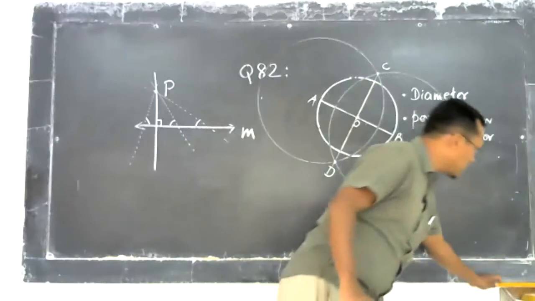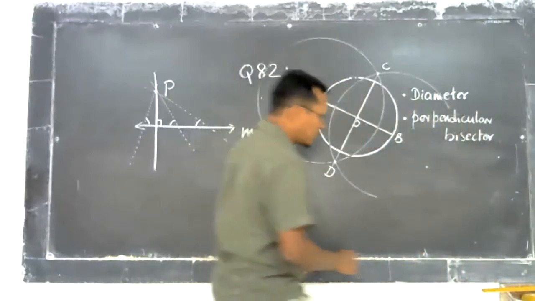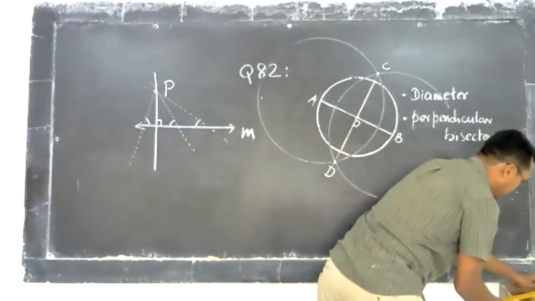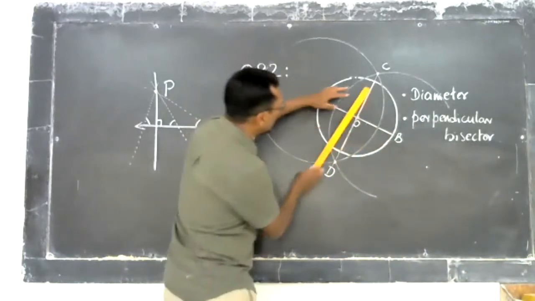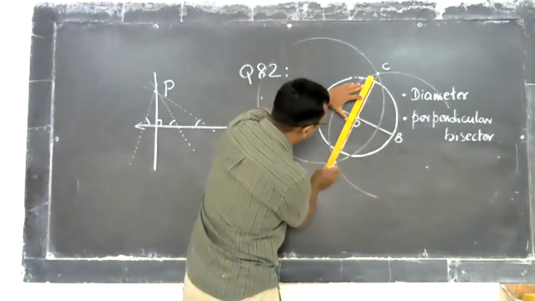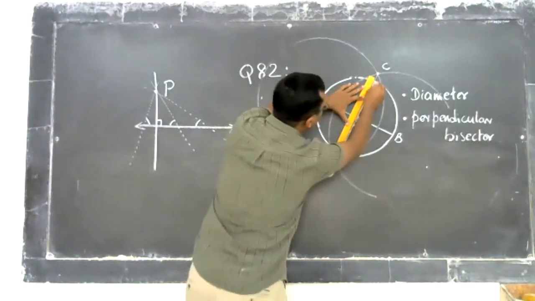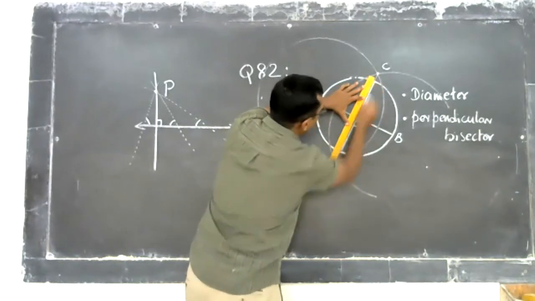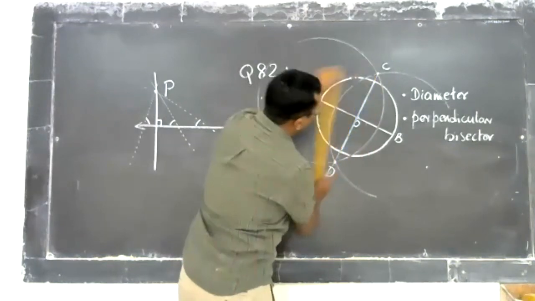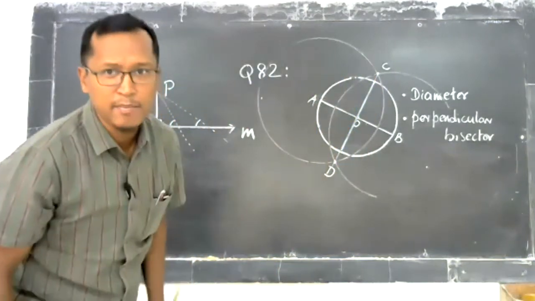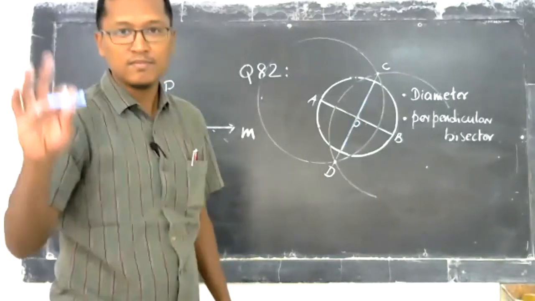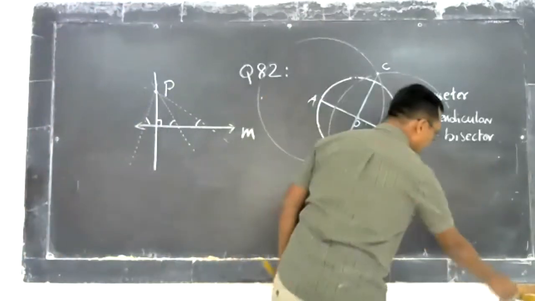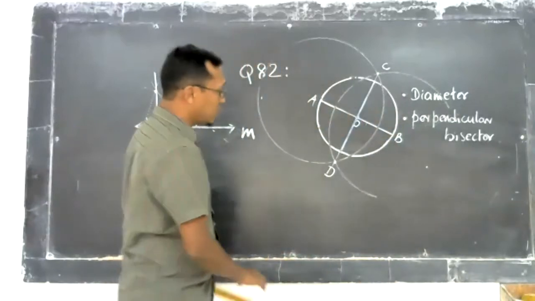So what can you say about this line? That is the question that I want to ask you. I tried to highlight this one. It didn't come out well with the red chalk. I am trying it with blue chalk. Tell me if it looks better with the blue chalk. It was better with red chalk too. Okay, leave it. So now, what can you tell about this line from this point to this point?